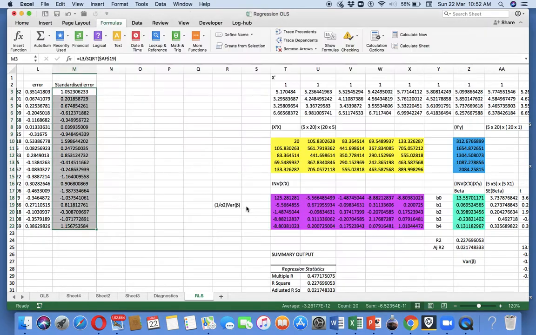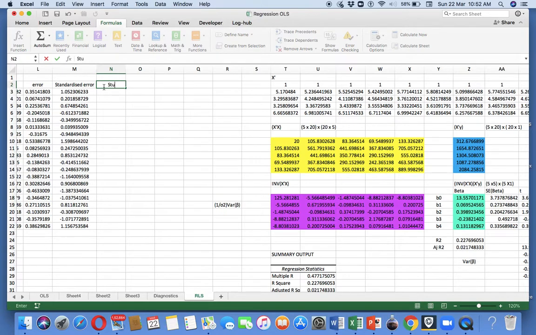So we got this square root, and now we get the studentized residual, which we call T. I'll call it the studentized error or residual.